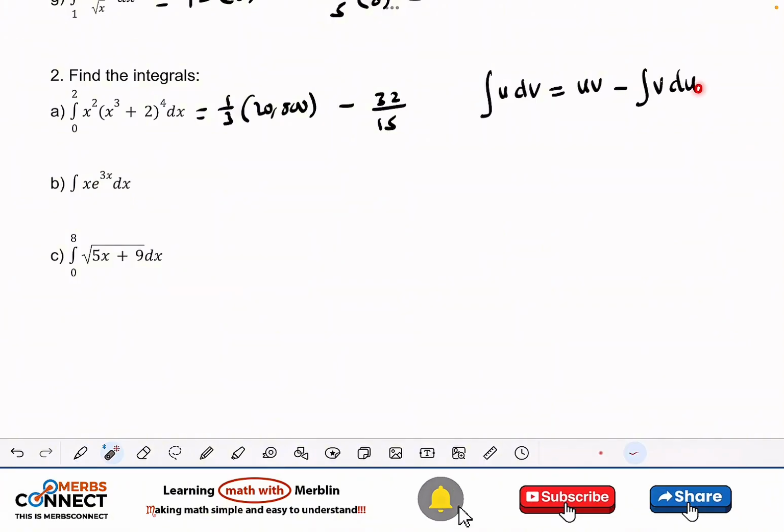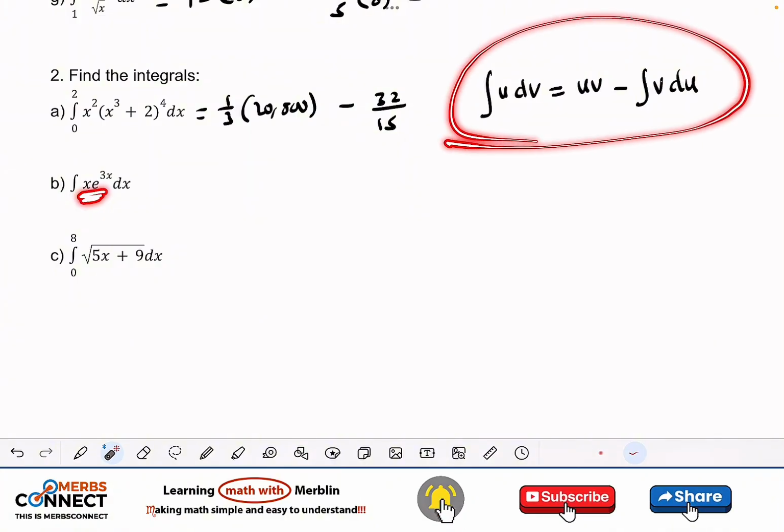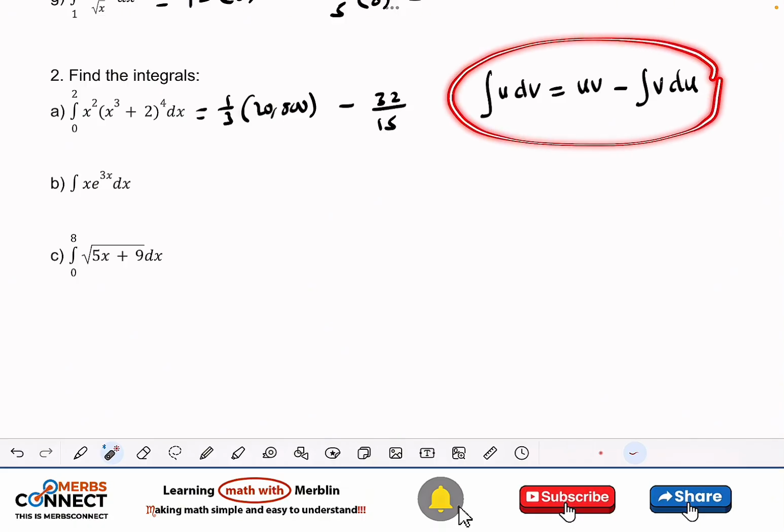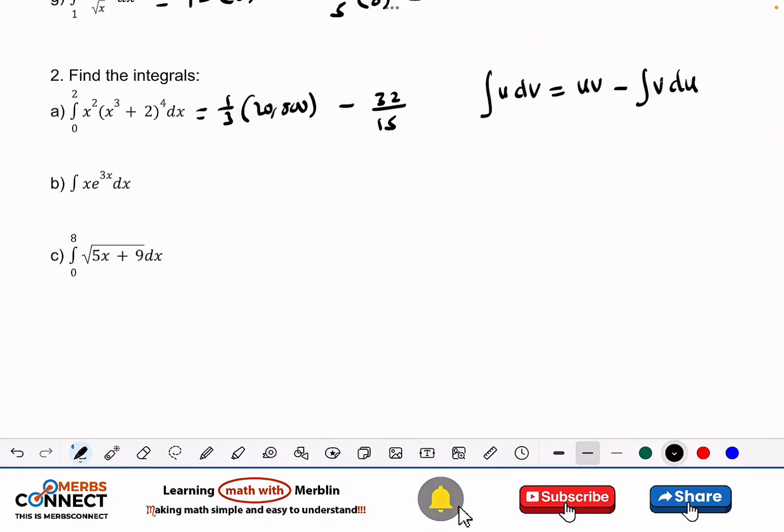Now this integration by parts formula was derived from the product rule. Remember, if this one is differentiation, then we need to use the product rule. When I'm doing videos on how to do the integration, I'll prove using the product rule and the derivative to derive this formula. But now we just need to memorize that this is the integration by parts formula, right? So let's do the comparison. If I want to compare this to the question that we have here,